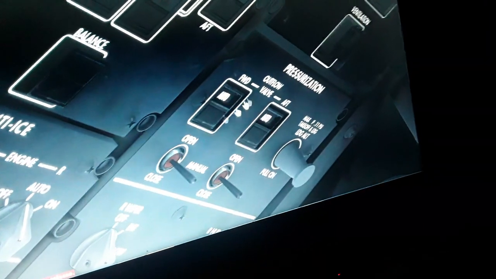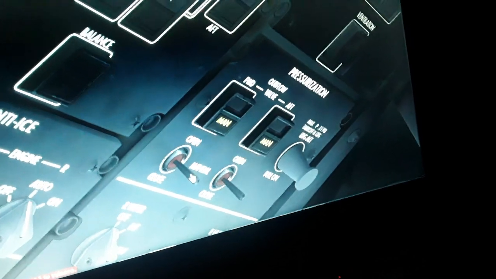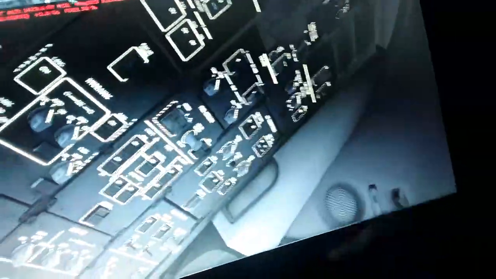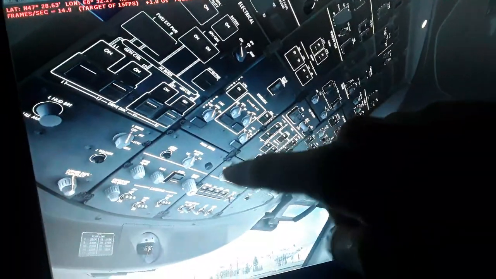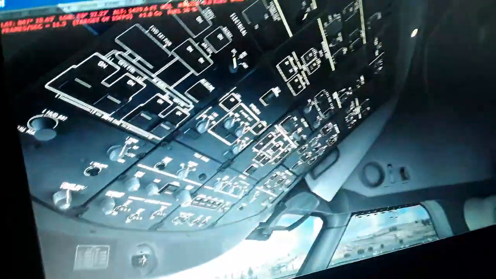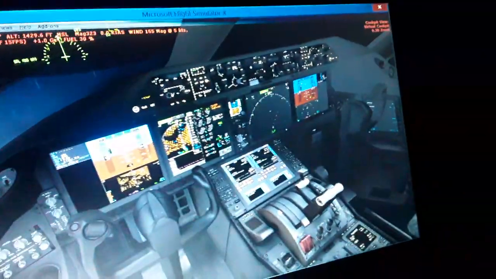We have the cabin pressurization system over here. You have it in the auto, we can use manual. You will see we need to use the outflow valves, close and open when we descend, and select the landing altitude. We have the left and the right engine pressurizer for cabin pressurization, wing and engine anti-ice. Over here air conditioning, ventilation, and also hydraulic fluid pressurization. We need hydraulic fluid for many systems, so maybe